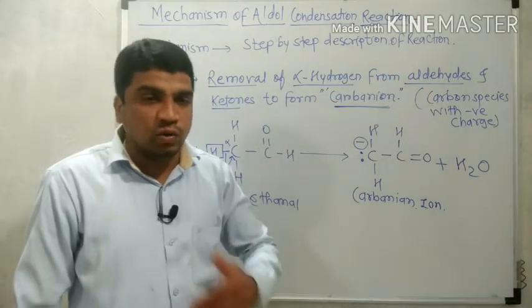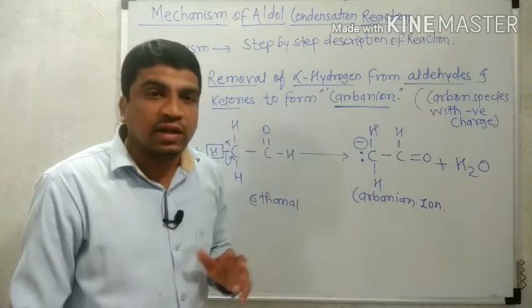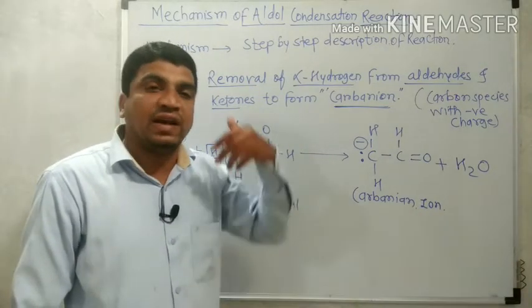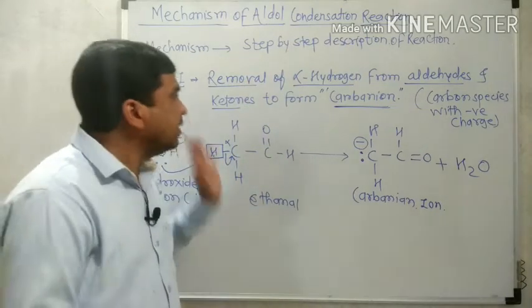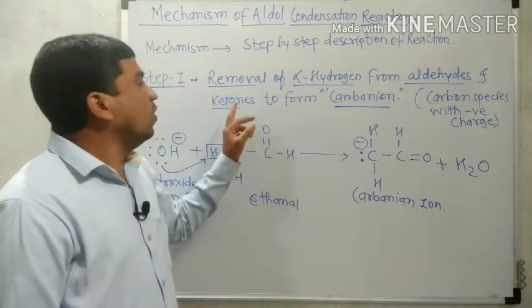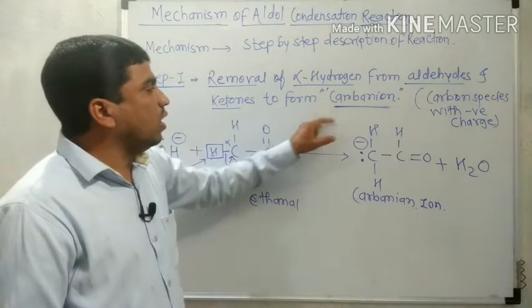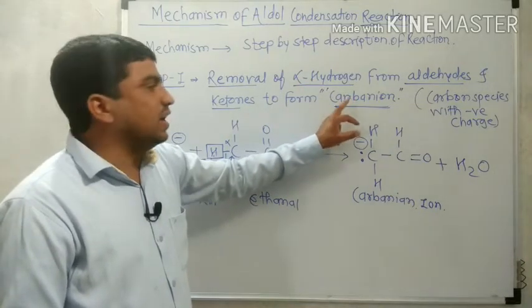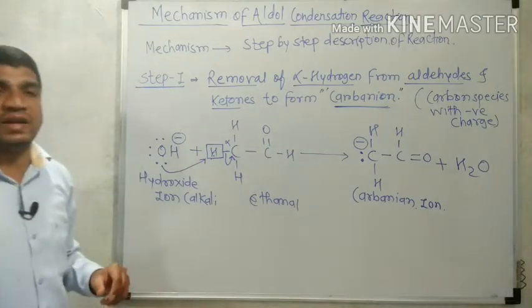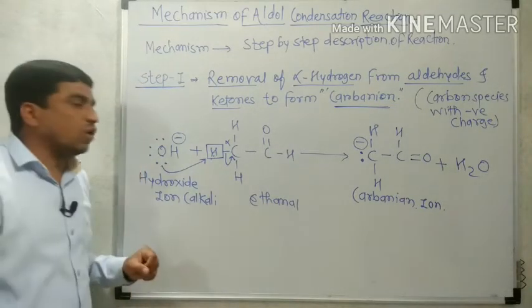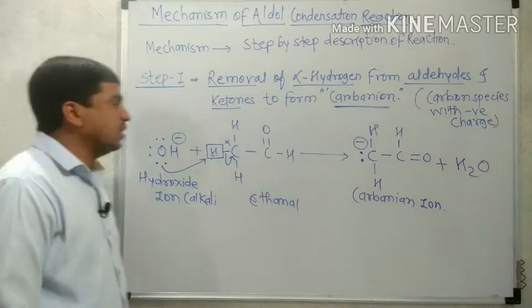Those are the aldehydes or ketones taken in the reaction, for example, sometimes acetaldehyde, sometimes acetone. This is the reaction of acetaldehyde, that is ethanal. Now, after alpha hydrogen removal, which species forms? That is the carbanion. And which species is called a carbanion? The species that contains the negative charge on it. That carbon species is called a carbanion.